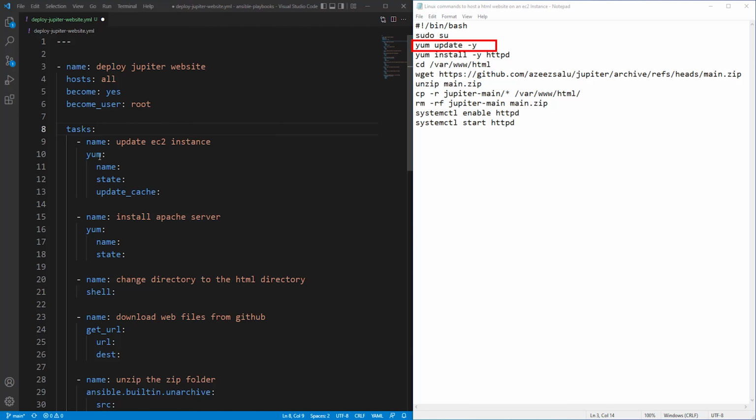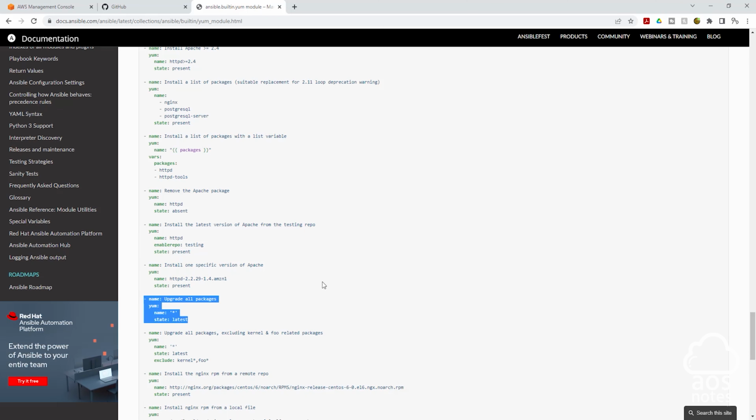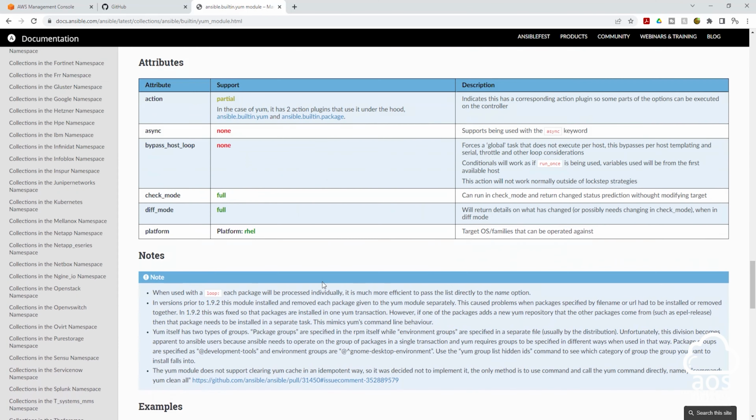The next thing we specify is the Ansible module, and the module we are using is yum. Under yum, we have specified the parameters for yum we want to use. The parameters we want to use in our code for yum are name, state, and update cache. So if we go back to the Ansible documentation, we will see under the yum module, there will be parameters for name, state, and update cache. Let's go back to the Ansible documentation. In the Ansible documentation for the yum module, if I scroll up,